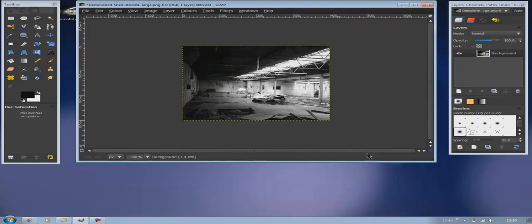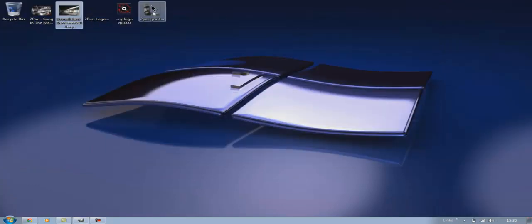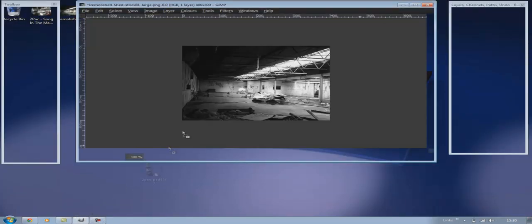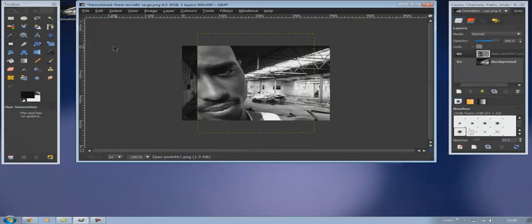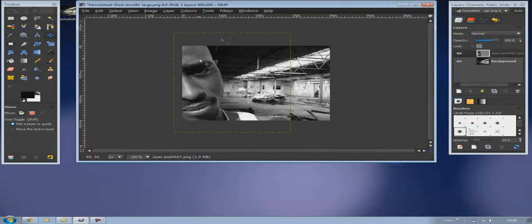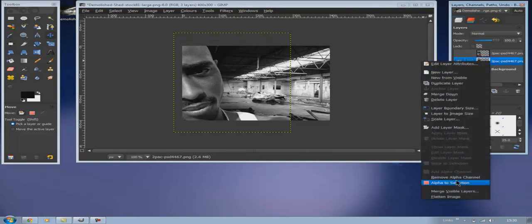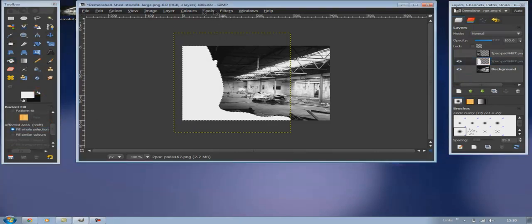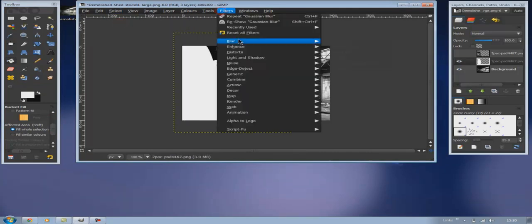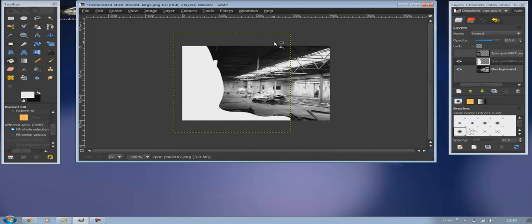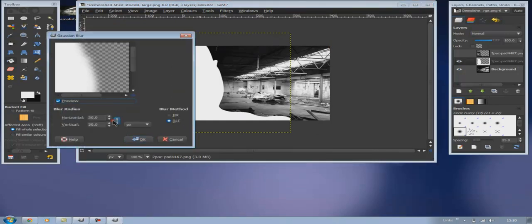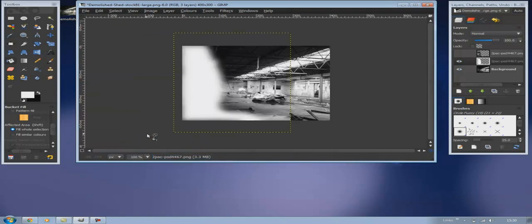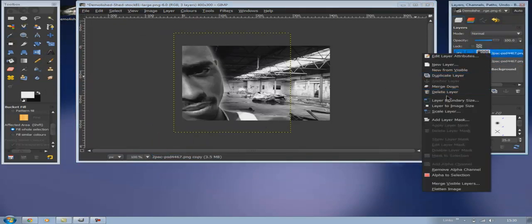And then go back to your desktop, get an image or a render of the person you're doing a mixtape on, and drag him onto your GIMP, and then put him into the place you desire, and then duplicate him, make the top layer of him invisible, and on the first layer, right click and then click alpha to selection and then make him white, and then click blur, Gaussian blur, and this really depends on how big your image is, so I just did that, and then merge them down,